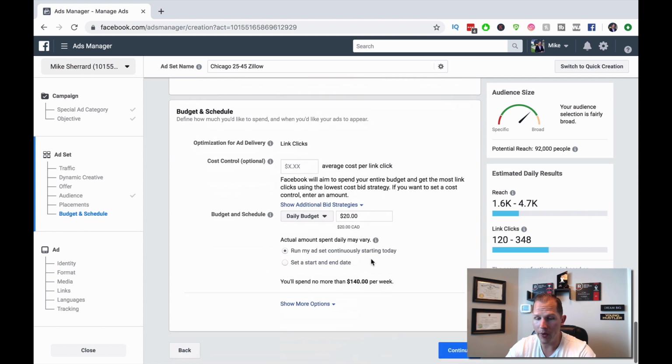Now we've got our budget and schedule. So when you're getting started with Facebook ads, you can usually start with a budget of $5 a day or $10 a day, okay? But again, this is unique to your budget, so I'm not going to tell you how much to spend. This is your own decision. Set a start and end date, because here's what I've seen so many people do time and time again,